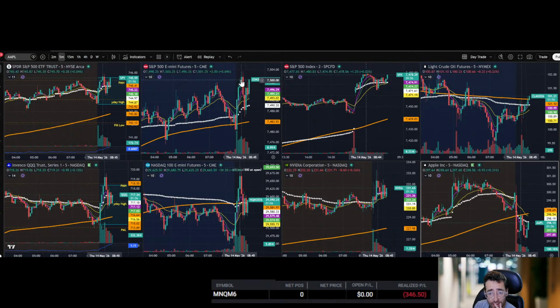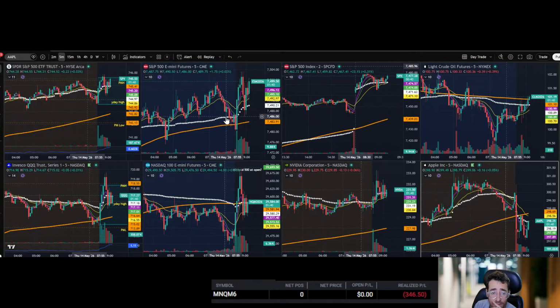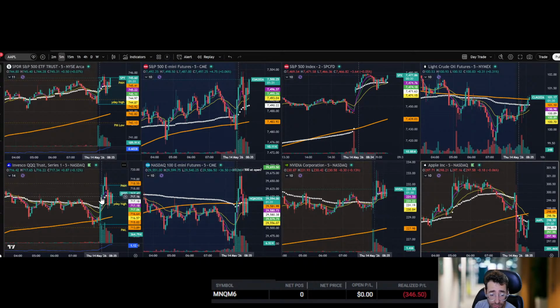Now you can see that ES is stronger. It's breaking pre-market highs and testing high of day again. So we're having a lot of back and forth here. And when we have a lot of back and forth and the ATR is this high, you see it's 111, those are my most dangerous days. It's the days where I'm in the most danger to do something stupid.